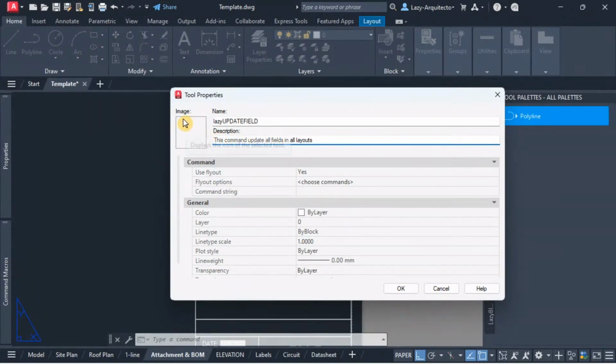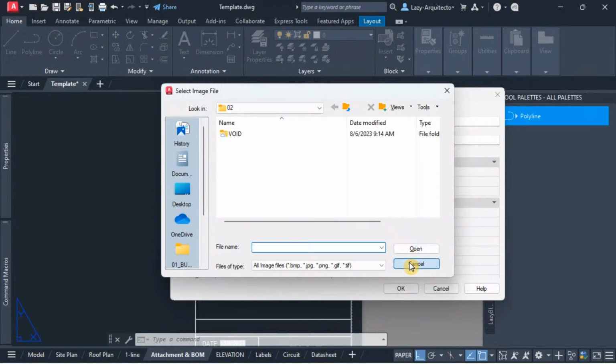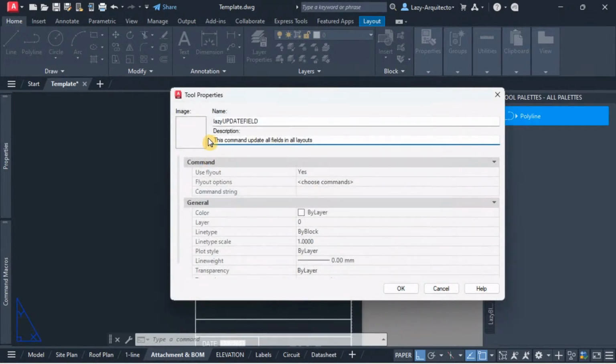In the same way, you can add an image here by right clicking and saying specify image, and assign an icon to your command. I'm not gonna do that, but the important thing is that we need to add our code or command or macro over here, but it's locked. The way we unlock this is by changing the use flyout to no, and then we will be able to edit this. All right, so I'm going to erase everything here